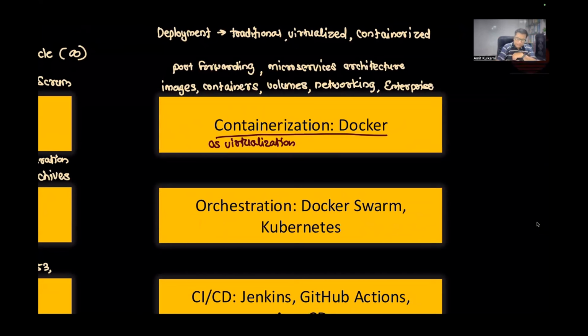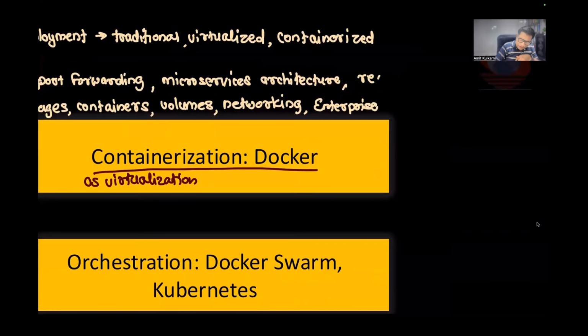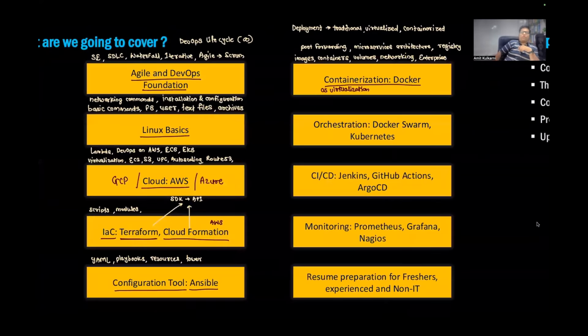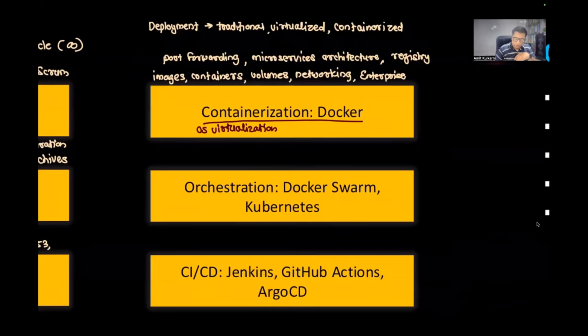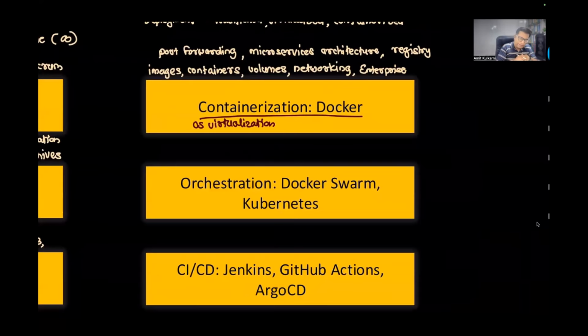So we can see how to Dockerize it. Dockerize means creating containers for running your microservice application. It's called Dockerization or containerization. So how do we Dockerize that application? We'll see in detail by creating custom images, by pushing the images into a Docker registry, and so on. There are so many things we will be talking about in this part, Docker. This is my personal favorite, so we'll be talking about Docker a lot.